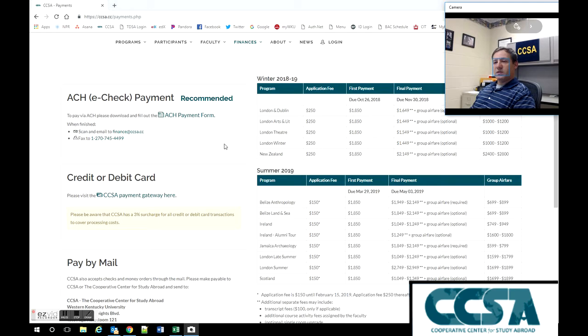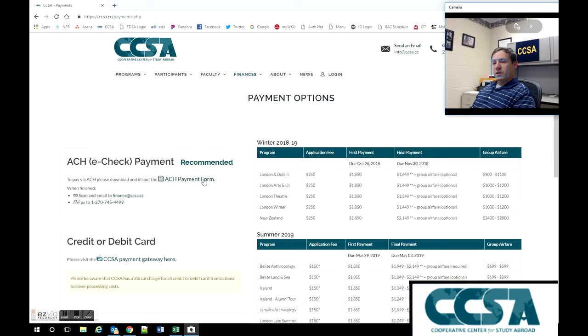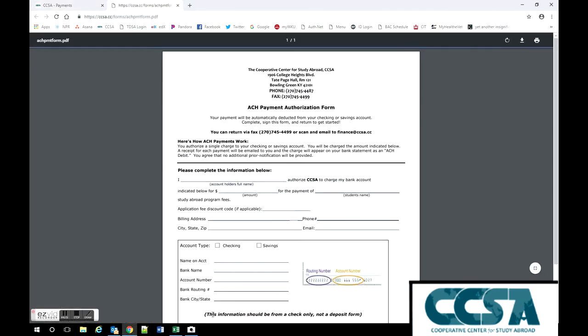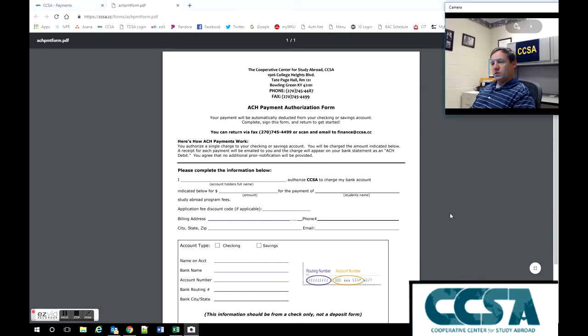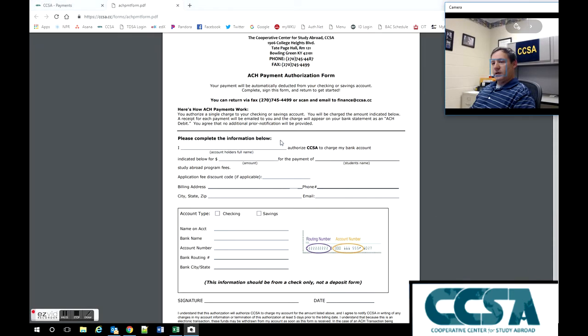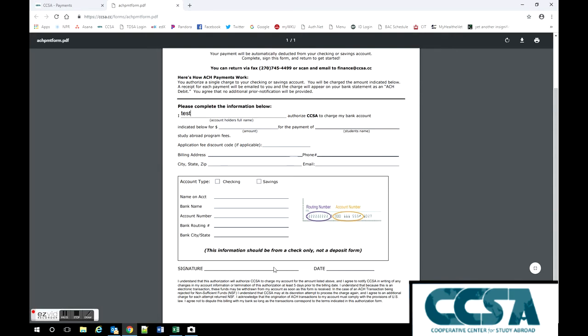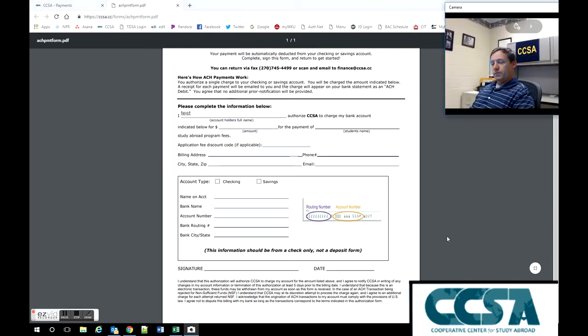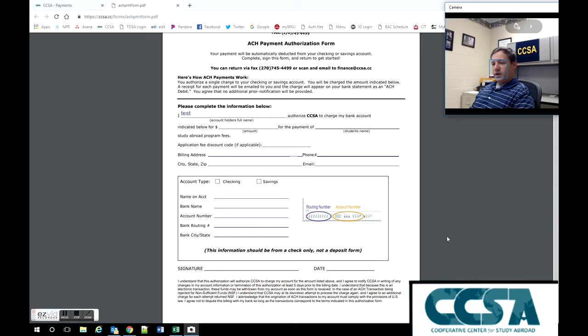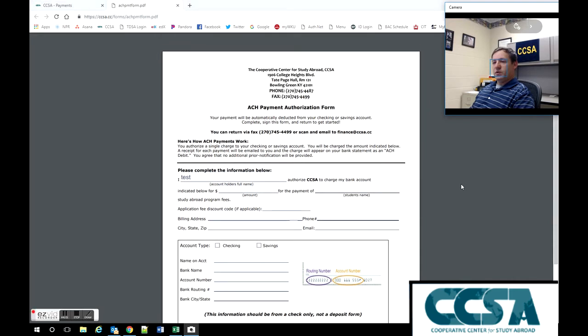Now on the ACH payment form, you can just click on the link there. It's all completable online, and so you can just go here and type in all of your information, but I do recommend that before submitting it, you actually print this form and then put a physical signature on the bottom. It is a legal form, and we're taking money from your account, so we do need that actual signature. There are instructions on the top. Talks about you can fax it to us, you can email it to us,